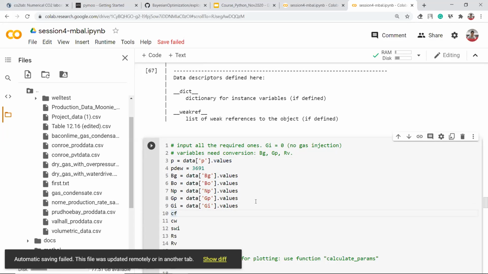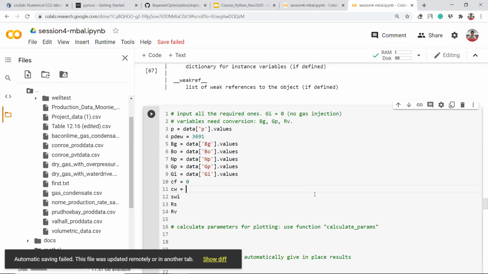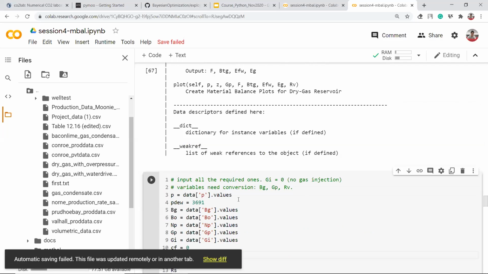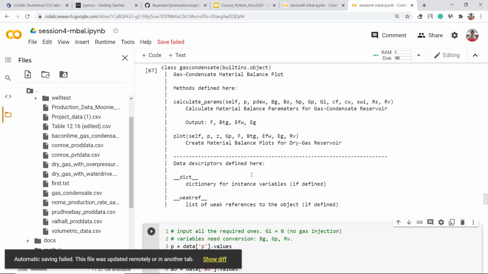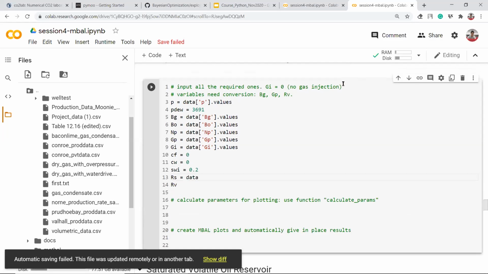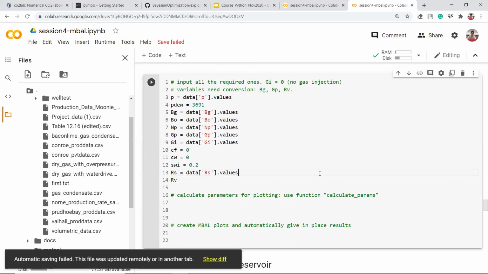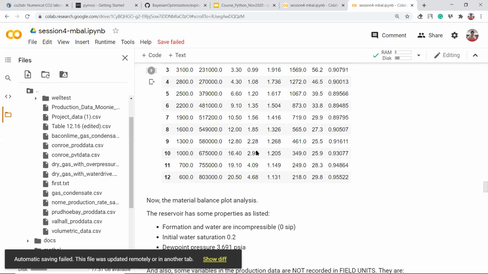gi.values. Okay, so for CF we have 0 because we just declare it. It doesn't have the formation compressibility, and the water is 0 too. And our initial water saturation is 0.2. For RS, we have defined data RS values and data RV values. Also, because some of this data is not in field units, we have to convert it first. So BG we have to convert